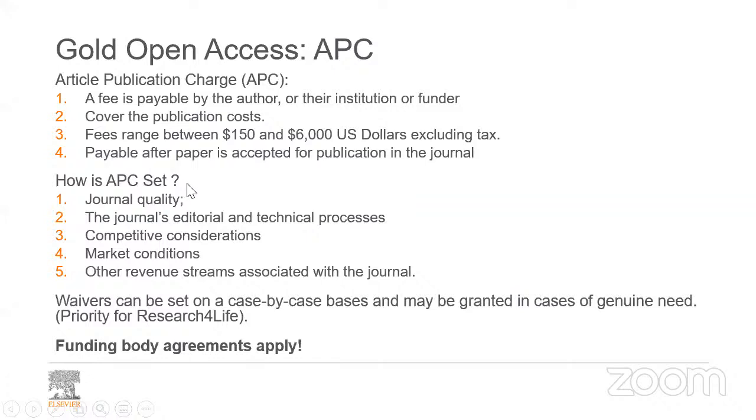Okay, so how is the APC being set? It's being set by the journal's quality, its costs when it comes to editorial and technical processes, some competitive considerations, market conditions, and other revenue streams associated with the journal. And many publishers offer special treatment to countries that are low or middle income, what's called the Research4Life program. I'll go into some details on this. However, another very important thing is that sometimes gold open access journals give special treatment if the research is being funded by a special funding